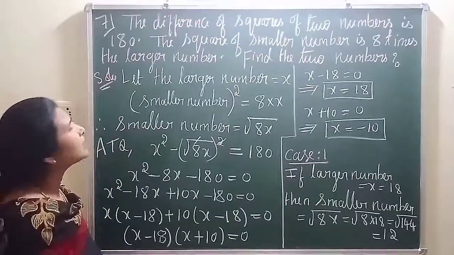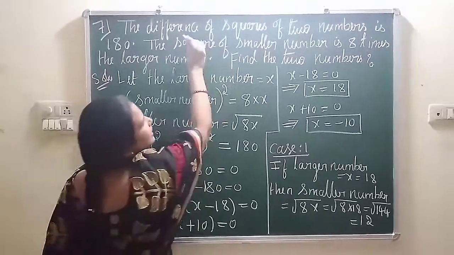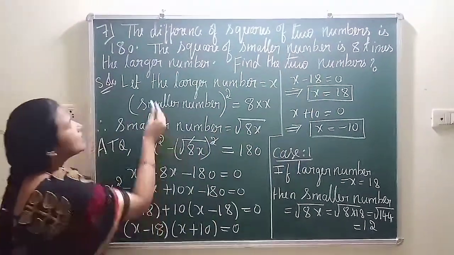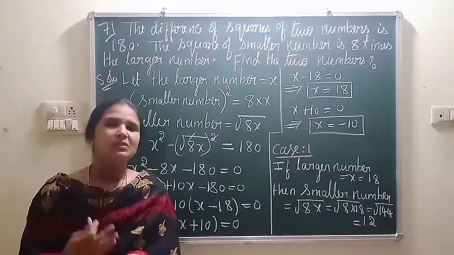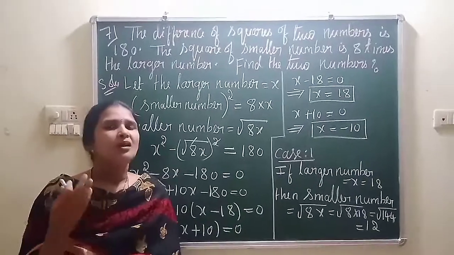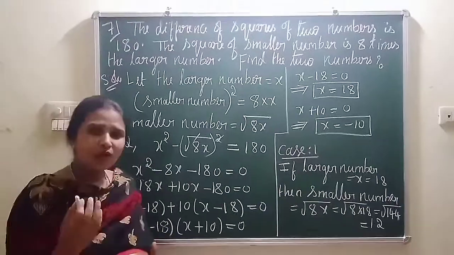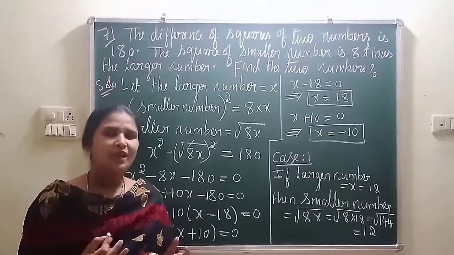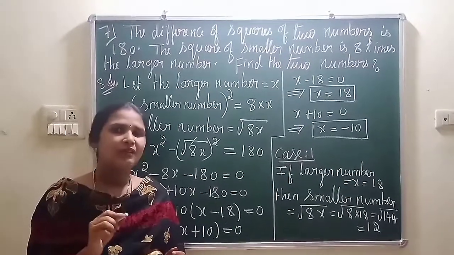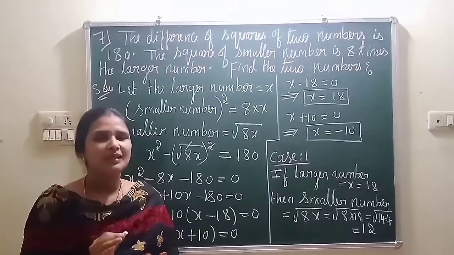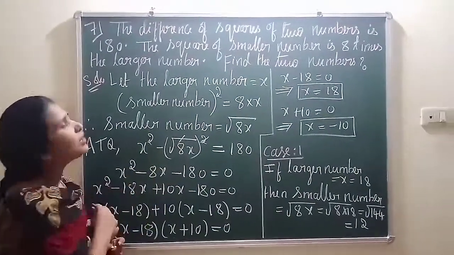Move for the next question, that is question number 7. So read the question. The difference of squares of two numbers is 180. What is meaning of difference? So always remember, more means plus, increase plus, difference means minus, or decrease, nothing but minus. And one more, times. Whenever they use times in maths, it is nothing but into. And word that is, whenever they use is, that is nothing but in mathematical it is equal. Remember all this. The difference of squares of two numbers is 180.